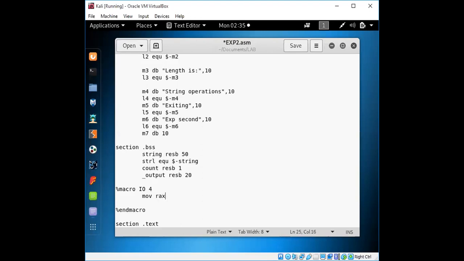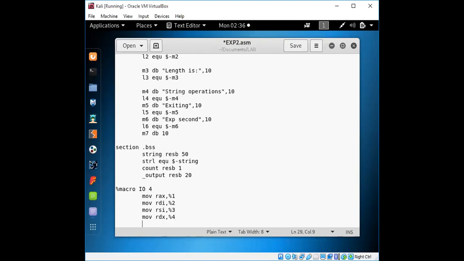Okay, mov rax, first parameter, rbx, sorry, indexing, which is the second parameter, then mov rsi, the third parameter, and the last, the fourth parameter, is for the actual message length, right?